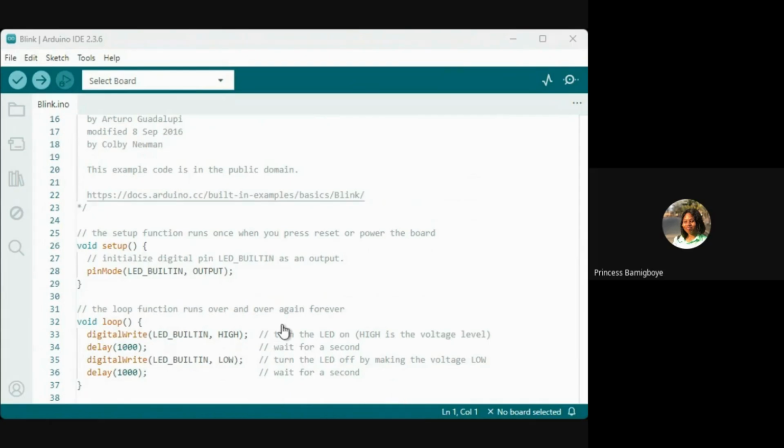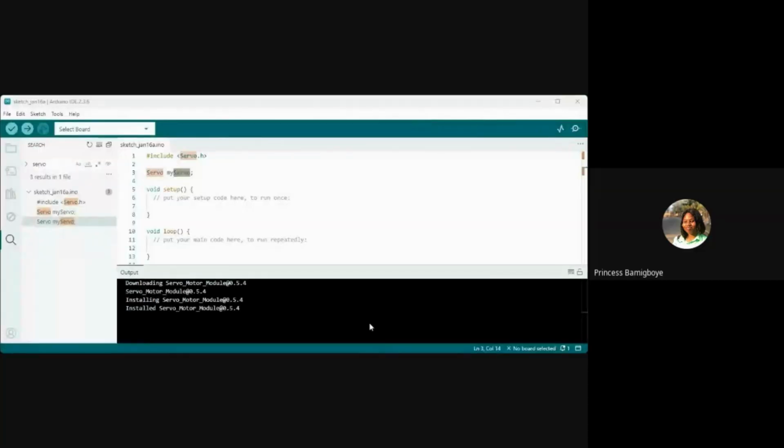There's also example code for servo. If I go through, there are two examples, Knob and Sweep.